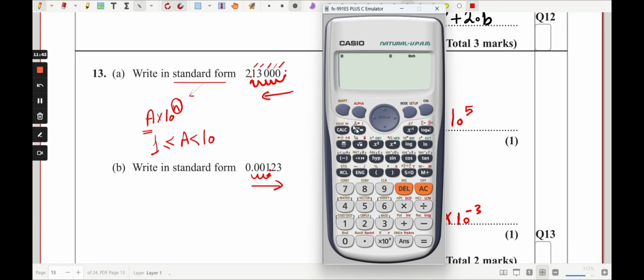So shift, then setup, choose 7, scientific notation. Now, how many significant figures would you like to see? Here we can put it as 3 significant figures. So now write your number,